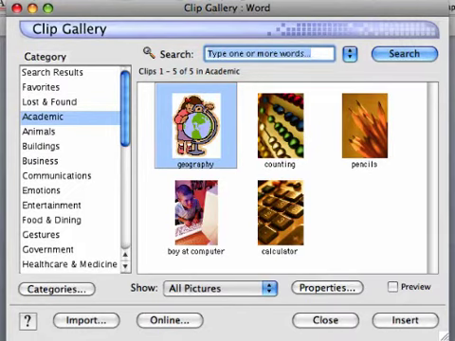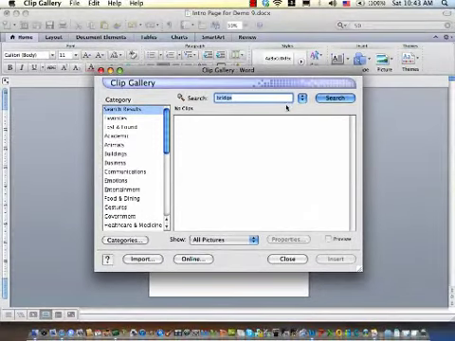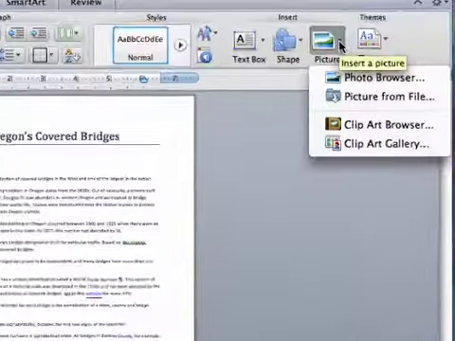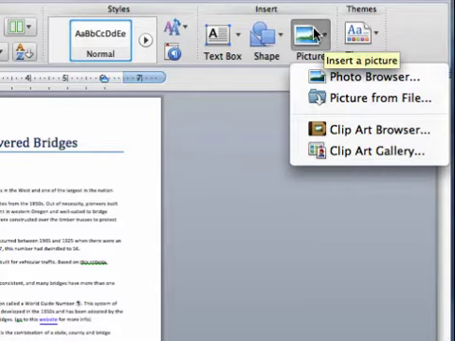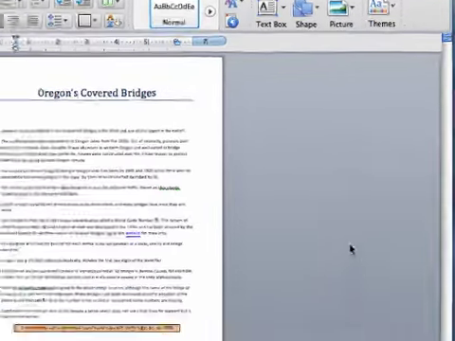For example, if I type the word bridge, since that's what my paper is about, let's see if they have anything about bridges. Nope, no clip arts on bridges. So I'm kind of stuck about that. I need to go out and get a picture of a bridge. If I've already taken a picture that I'm going to use, I can just go and grab my picture from the file. If I'm going to go to a web page and get the picture of the bridge, I can